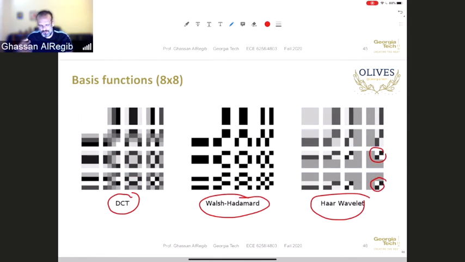The Walsh-Hadamard used to be popular in the early days when we didn't have powerful computation, because all you have is just +1 and -1. It was very easy to calculate these without much computation power. But with time, we moved on to wavelets like Haar and the DCT, because we can do those in real time very, very quickly with the FFT as well. So this is about it for the